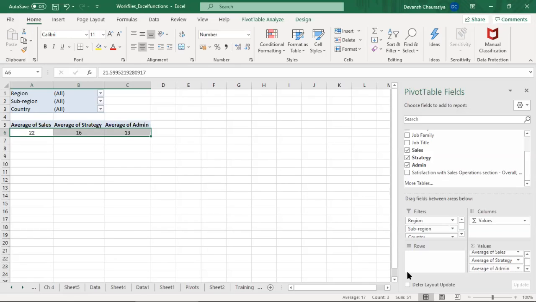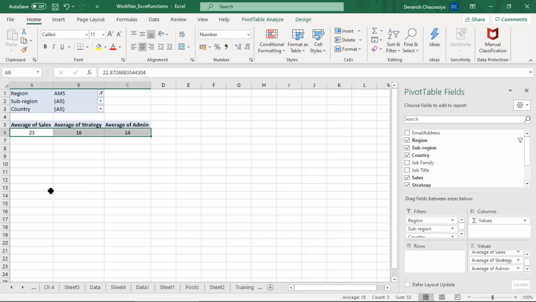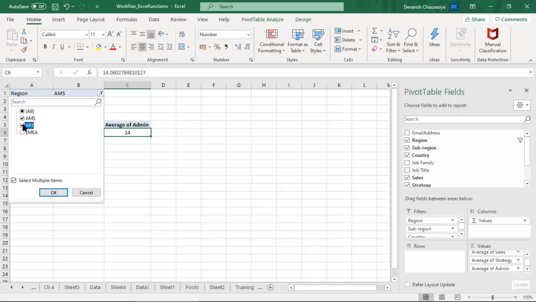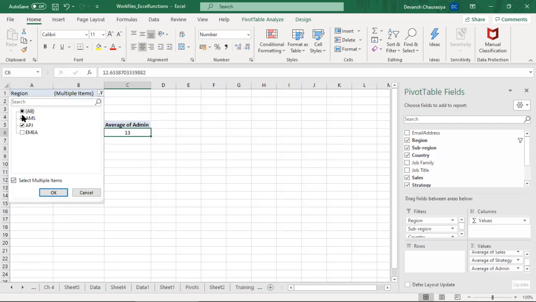Now, let us say I want to see only for AMS. So I click on that, I select AMS, and click on OK. So we see in America, people spend more time on admin related activities, 14 hours, correct? If I click together AMS and APJ, the time is reduced by 13, which means that APJ is less. Let's see,